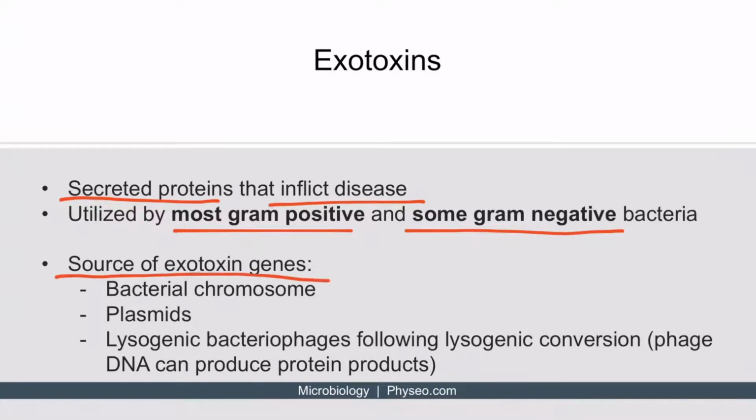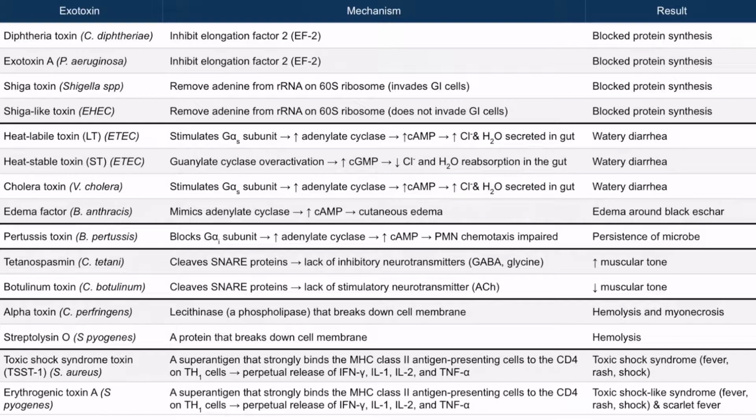Anyways, the source of exotoxin genes are the bacterial chromosome, plasmids, and lysogenic bacteriophages. In the next lecture on bacterial genetics, we discuss plasmids and lysogenic bacteriophages in detail, so we won't dive into the details here. For now, just appreciate the fact that exotoxin genes can come from more than simply the bacterial chromosome. Now, understanding the mechanism of exotoxins is important and frequently tested on, and this table lists the exotoxin mechanisms